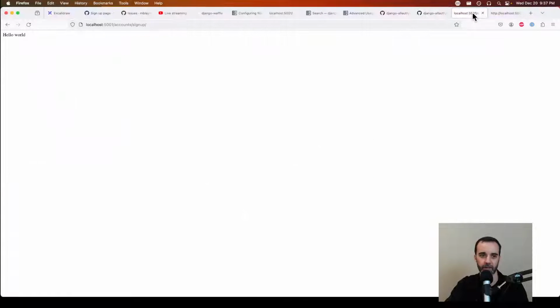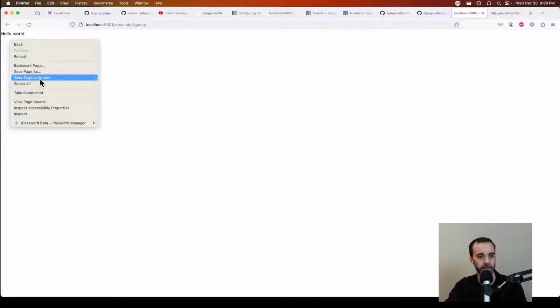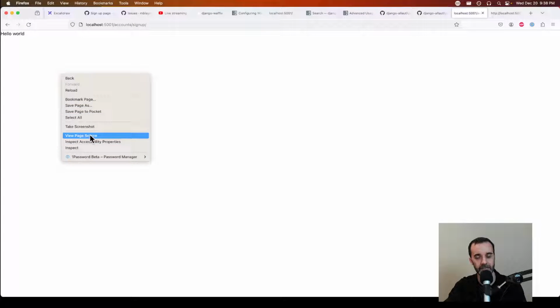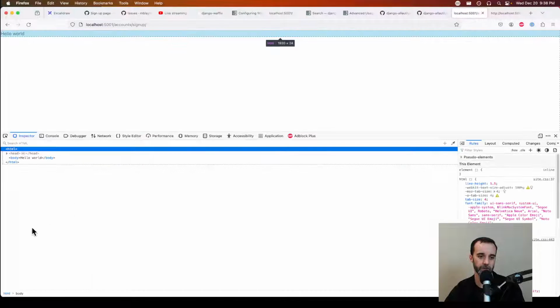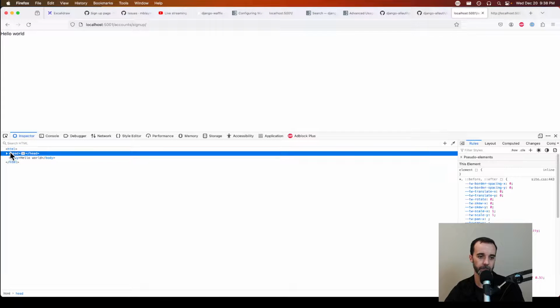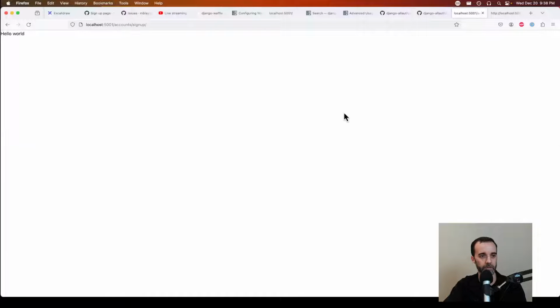So now if we go back to our sign up page, see if we notice any visual difference. Okay, it did change a little bit visually. The reason is that Tailwind has now loaded, and Tailwind strips out all of the default CSS rules. So we should be able to inspect, and we can see our basic HTML setup here with our style sheet. So at this point, we are masters of our own destiny,